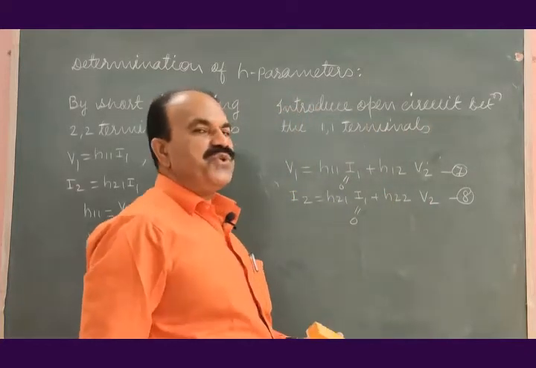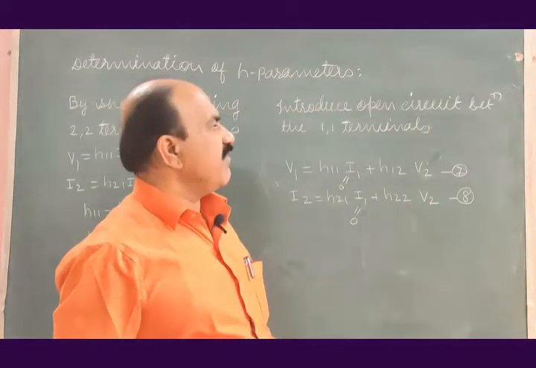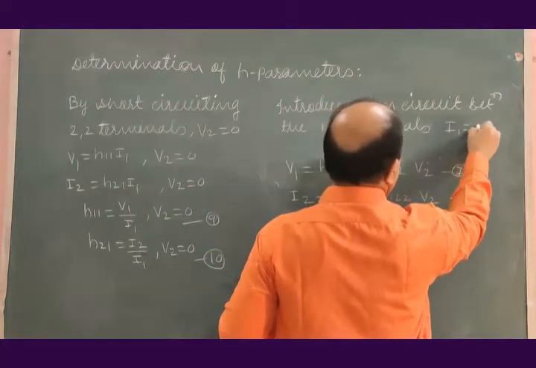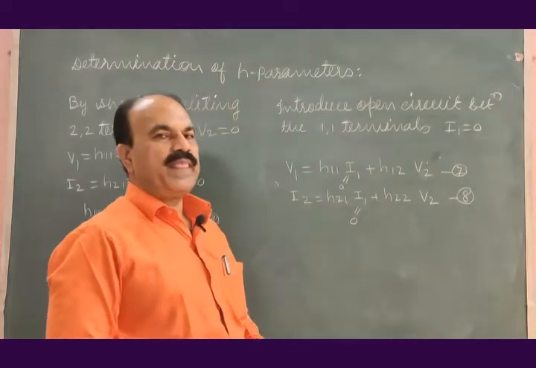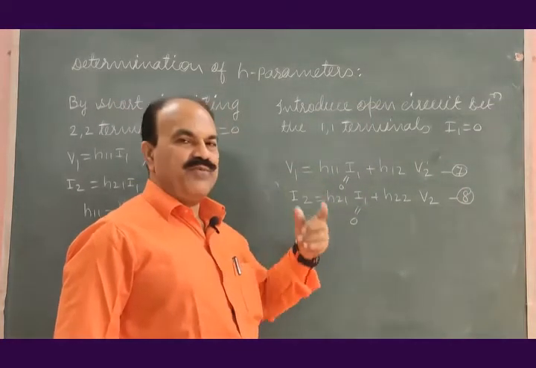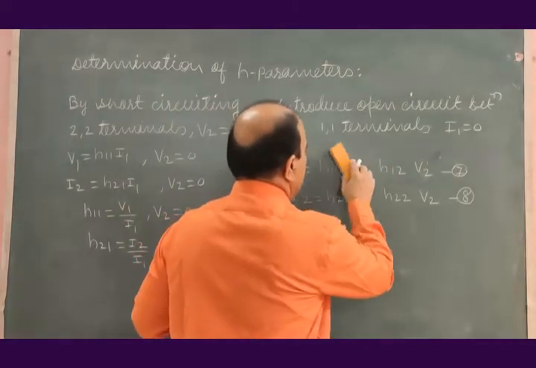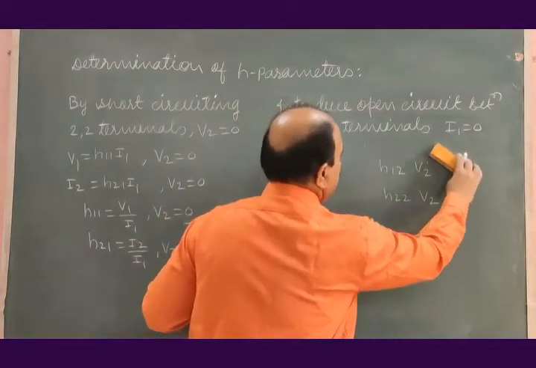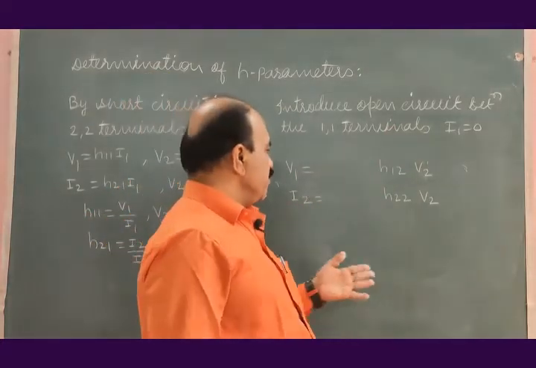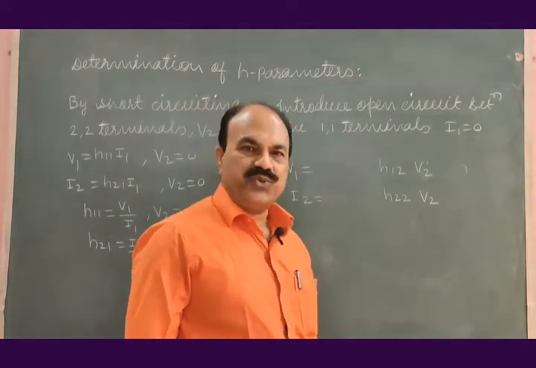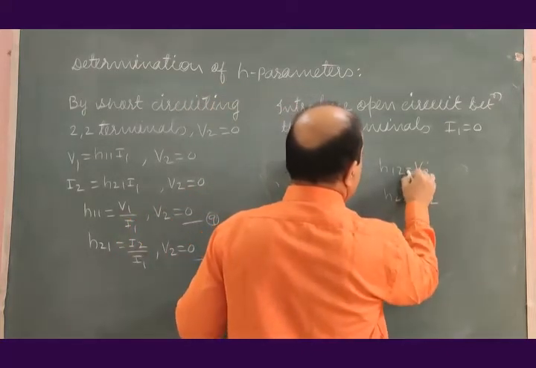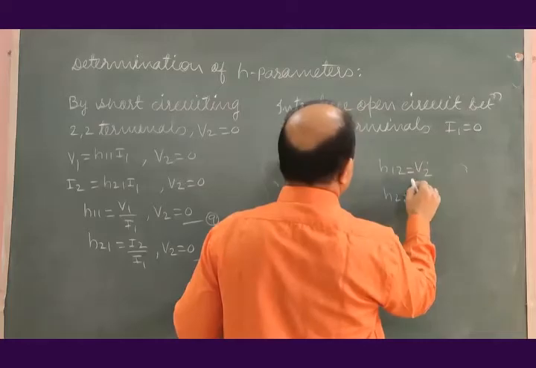As soon as you introduce an open circuit between the 1, 1 terminals, you will have I1 equal to 0. As I1 is 0, this term will become 0, this will become 0, and we will simply have V1 equal to H12 V2, I2 equal to H22 V2, and from this, H12 is equal to